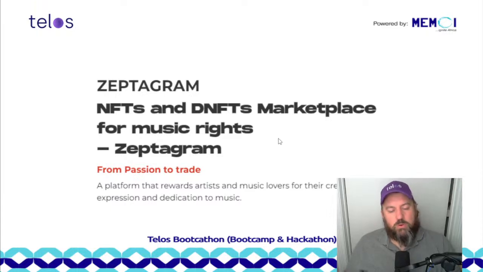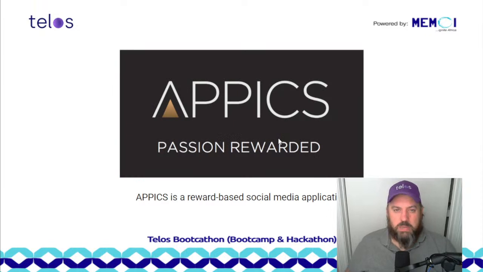Then Apix is pretty cool. It is a social media network, kind of like Instagram, for blockchain, where people all over the world will go in and post their pictures, post social media, and based on votes are able to earn the APX token, which is worth real money. So the APX token is then tradable on some exchanges. You can swap it for Telos. You can swap it for a few other tokens, and start to make some money through social media.